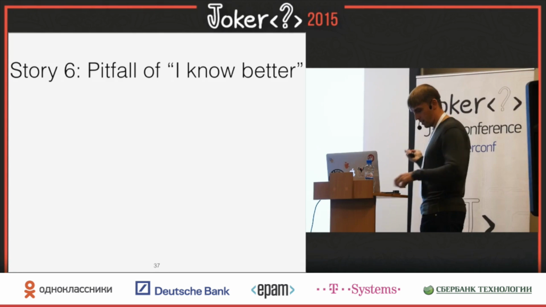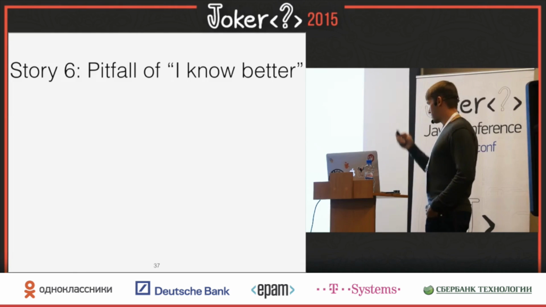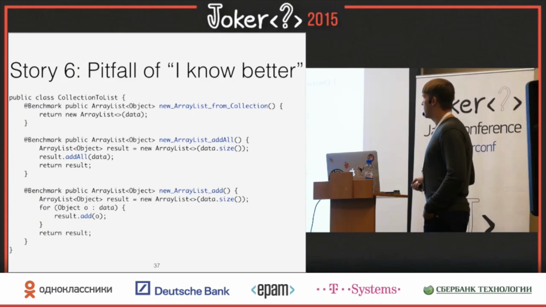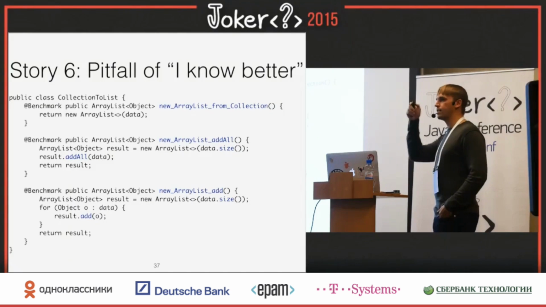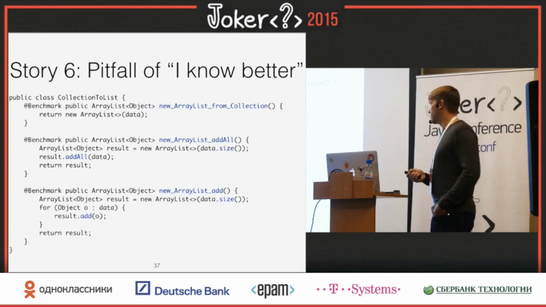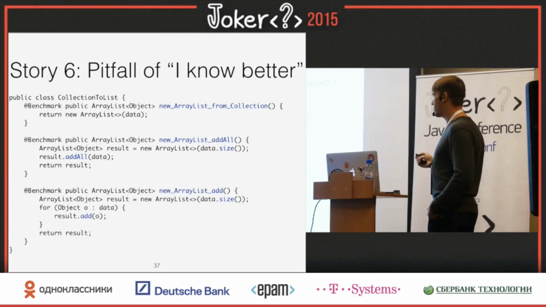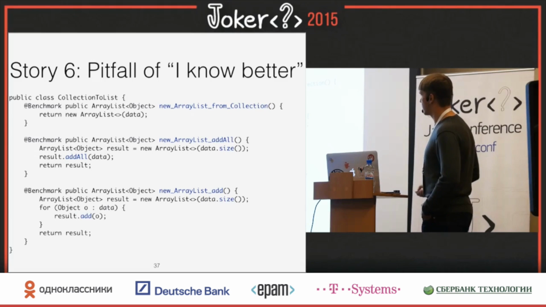Yeah, this is actually not an optimization war story. It just came out recently during a debug session, while stepping through ArrayList.addAll. On this call, I noticed there is a line which says underlying collection.toArray. So if you want to copy data into the ArrayList, first it creates an array from the collection and then does an array copy. And I said, hold on, it doesn't make sense, because you already iterate over all the elements and you just want to put them in the array. So I said, I'm clever, I can do better. I can do this. And of course, just for measurement comparison, what is the difference between addAll and the ArrayList constructor?